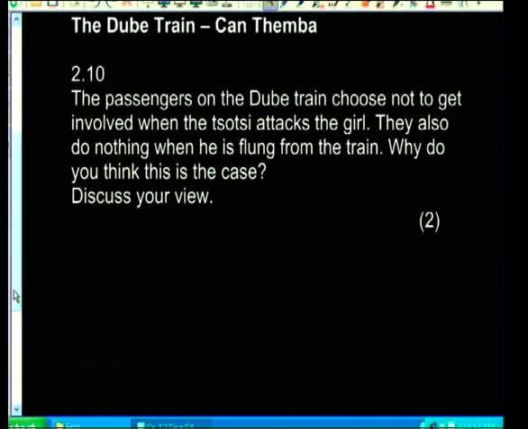The passengers on the Dubai train choose not to get involved when the tsotsi attacks the girl. They also do nothing when he is flung from the train. Why do you think this is the case? Okay, this is a higher order question, which requires a lot of thought. And there are various alternatives here. And I will show you that there are many answers that you could use. For example,